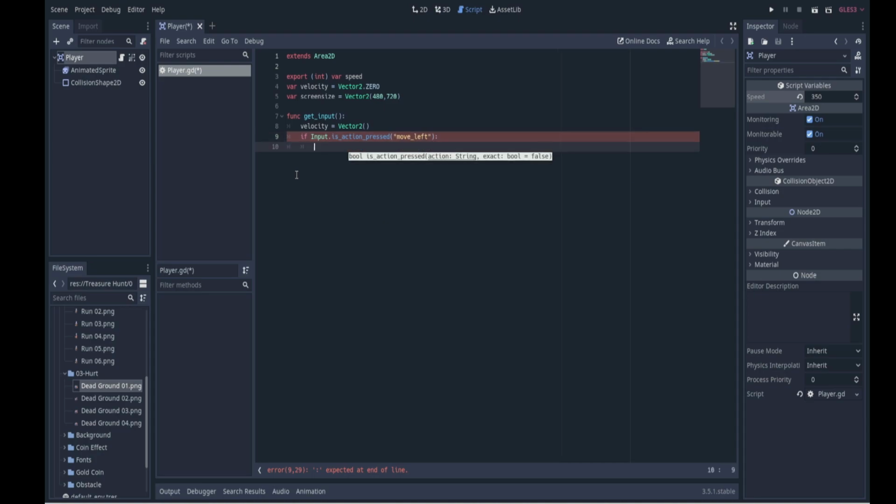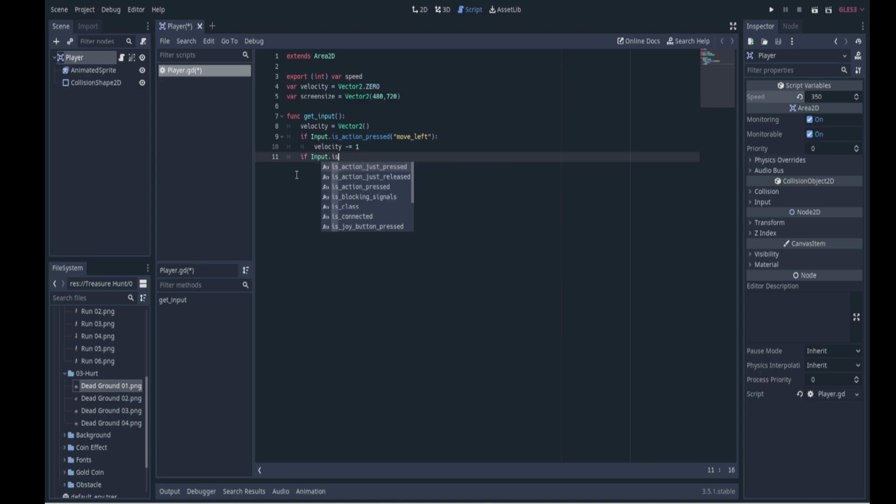And what are we going to do? We're going to set velocity to minus equals 1. So we'll set velocity to -1,